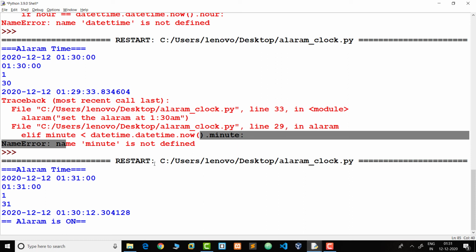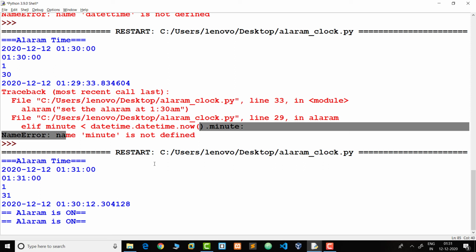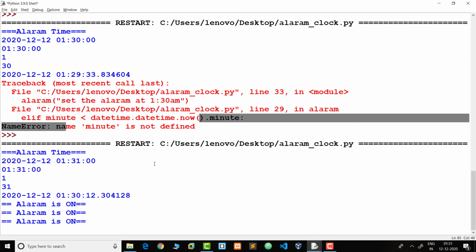So it starts playing, and this beep is repeated. Again focus on my system time. When it goes to 1:32, my alarm is automatically off.